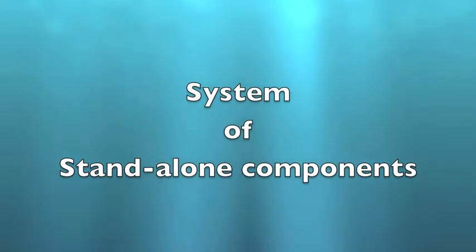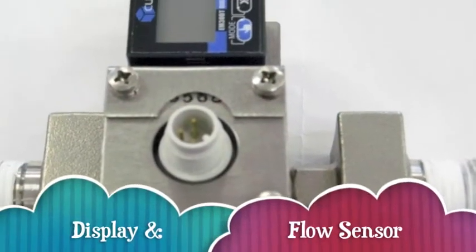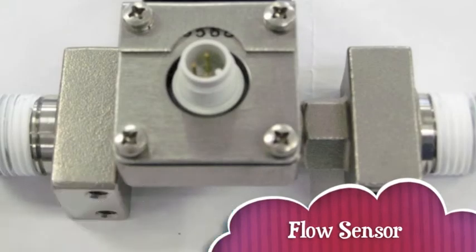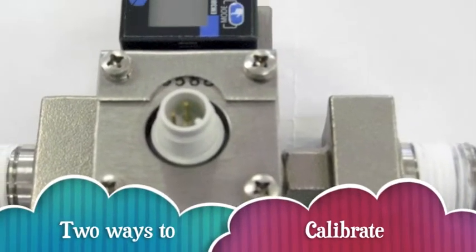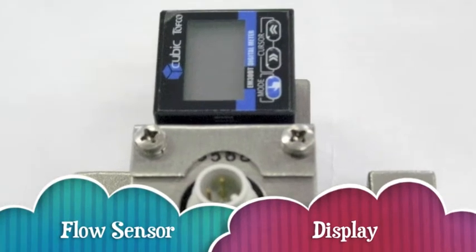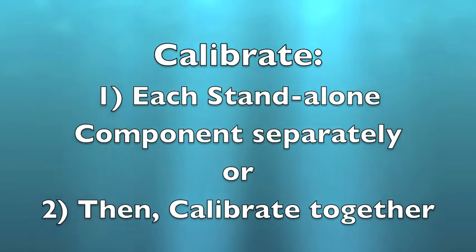Now let's look at a system of standalone components. Here is a system of two standalone components, a standalone flow sensor and a standalone display. There are two ways that we can calibrate this system of standalone components. The two ways are either calibrate each standalone component separately, or calibrate each component separately and then calibrate the two